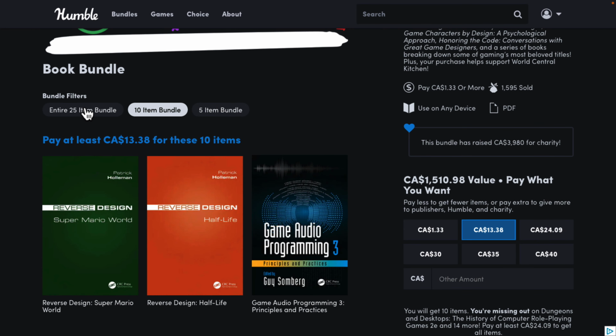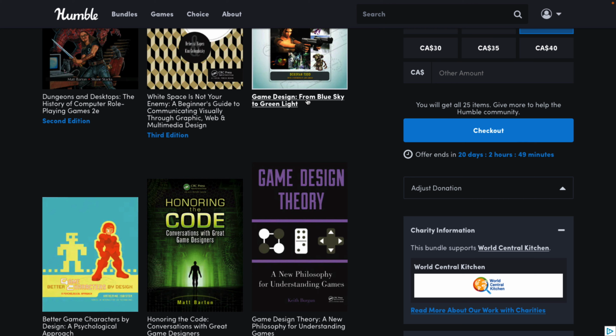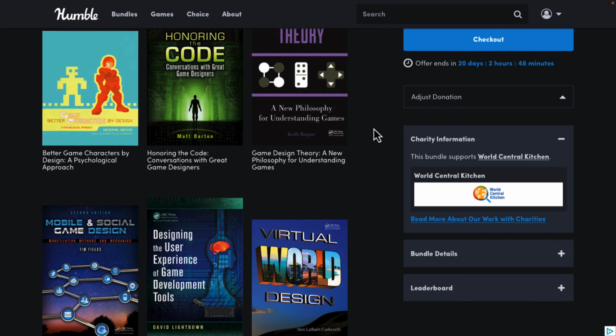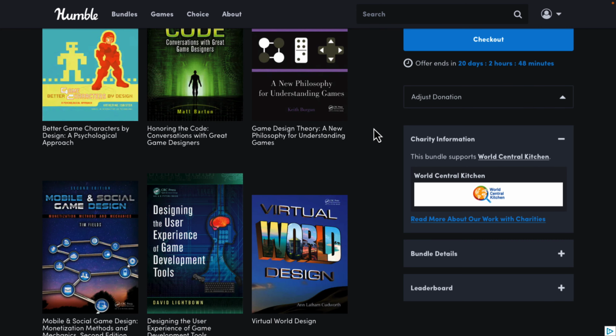And then we go to the full fat tier for $15. You're getting an additional 15 books, so obviously this is the value tier. At this point, you're getting Duchess of Desktops, the History of Computer Role-Playing Games 2nd Edition. White Space Is Not Your Enemy, a beginner's guide to communicating visually through graphics, web, and multimedia design. Game Design: From Blue Sky to Green Light. Better Game Characters by Design, a psychological approach, Honoring the Code, conversations with great game designers, Game Design Theory, a new